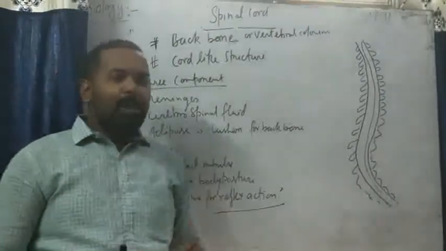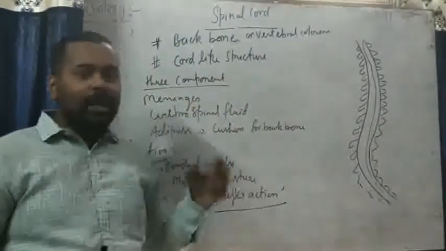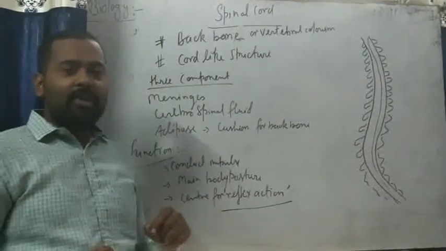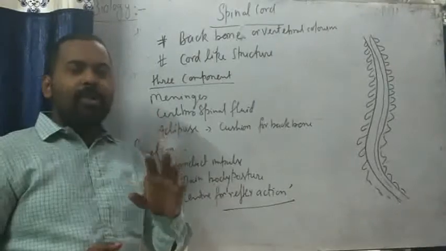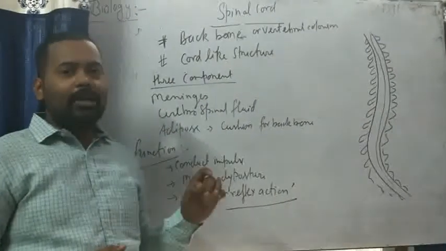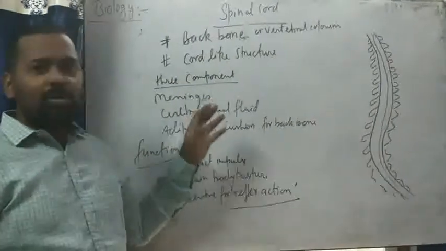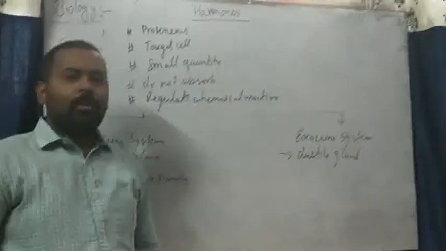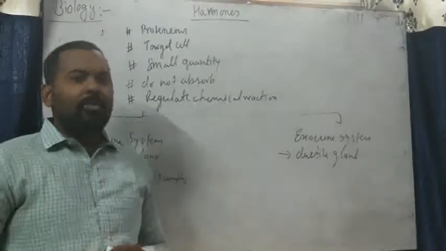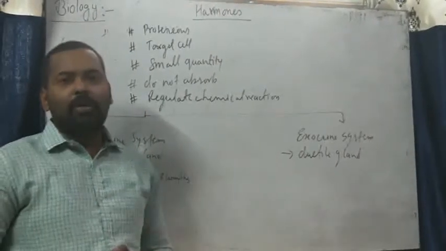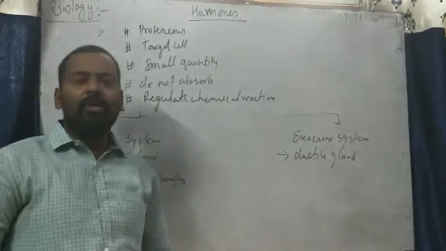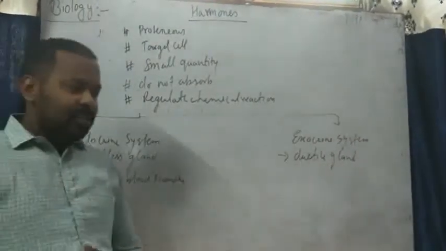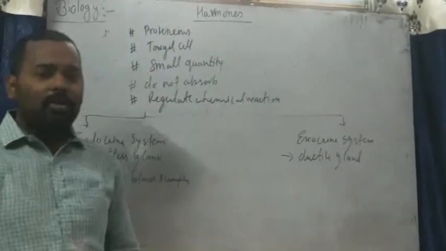Now, the last part of this second chapter is our endocrine system, which is very important for class 10. The first MCQ questions come from that topic. Okay, I'm going to write their names and then we will discuss. First we need to learn about the endocrine system, but before that we need to know what hormones are. In previous classes you may have learned about hormones.